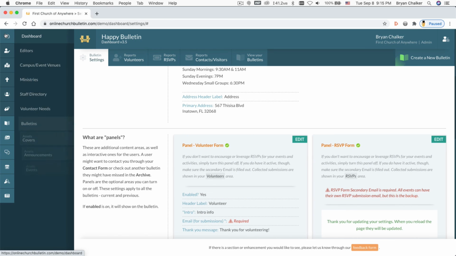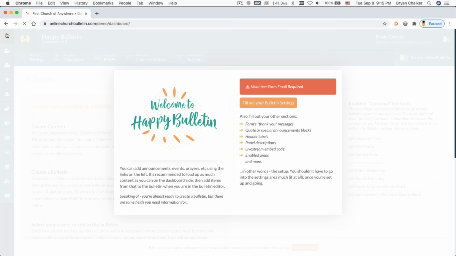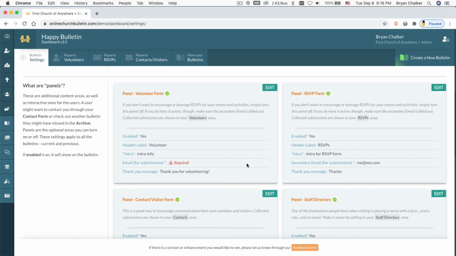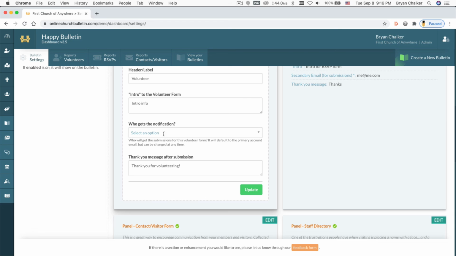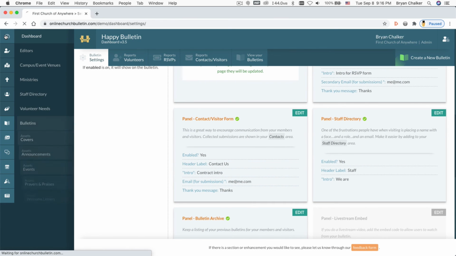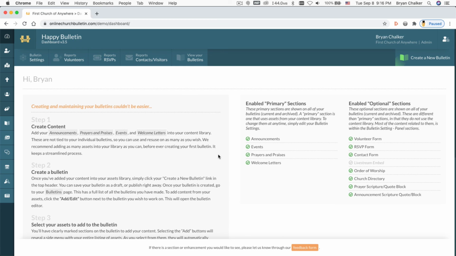If I go to the dashboard again, it says volunteer form email required. So that's the last one that's required. I can go back to this, click Edit, select myself again, Update, and you'll see now I am on here